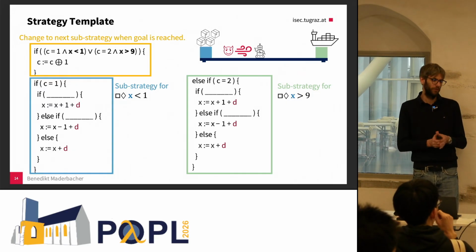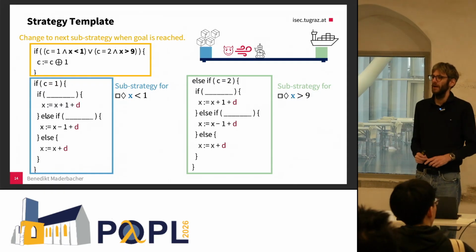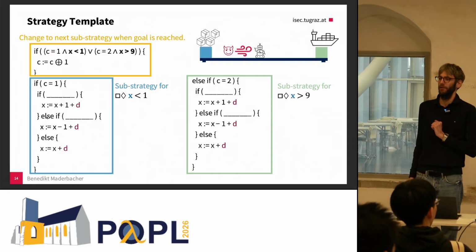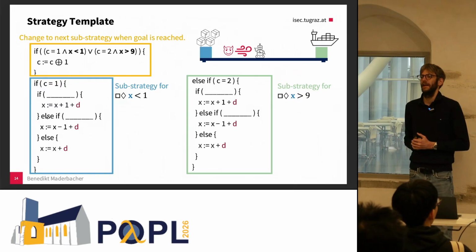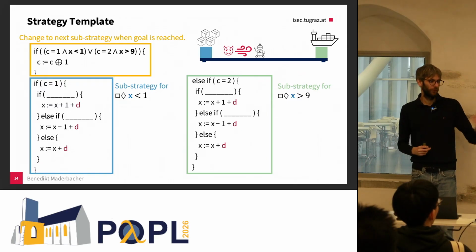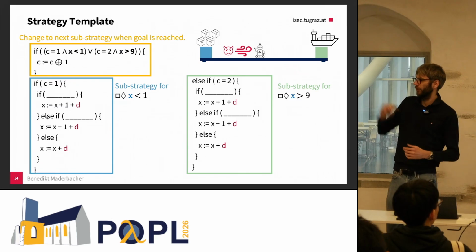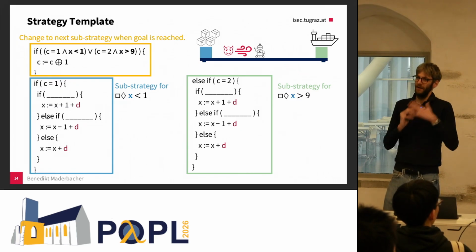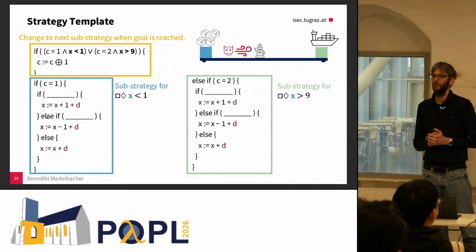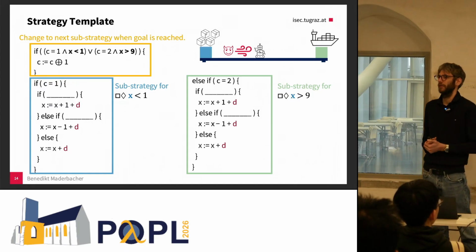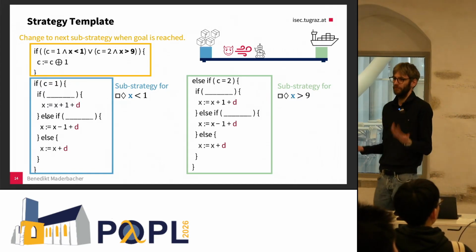And then we get two strategies, one for go into the area of the box, and the second one for go into the area of the ship. And also we have a third component, which is shown at the top, which checks if we have currently satisfied one of our guarantees, then we should change our strategy and work towards the next goal or the